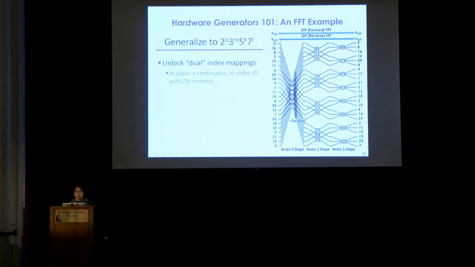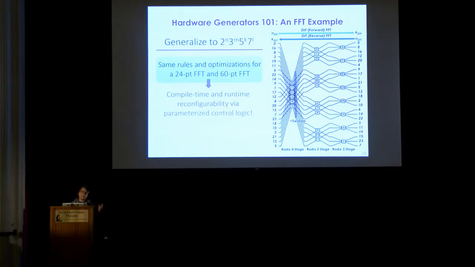So similarly, you can apply the decimation in frequency and decimation in time duality exploited with the 2 to the n FFT for the more general case, but you need to, so to speak, unlock dual index mappings, and this would allow you to achieve in-place I/O with 2N memory. Even more generally, you'll see that the same rules and optimizations that you apply for a 24-point FFT